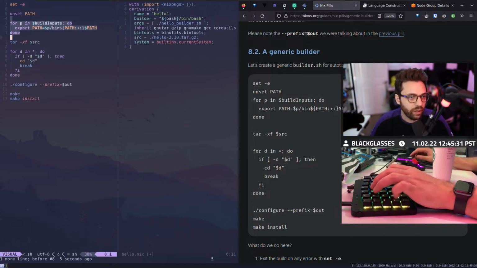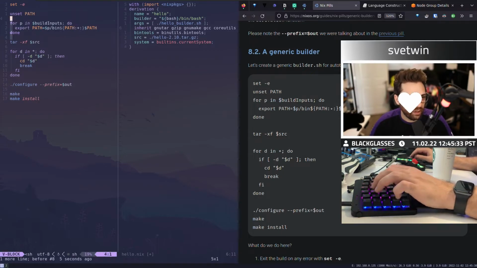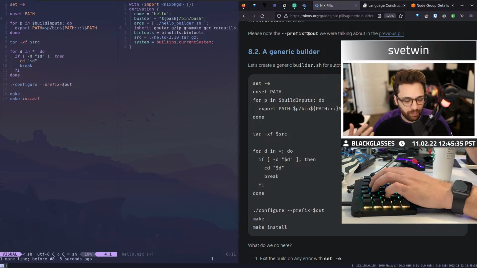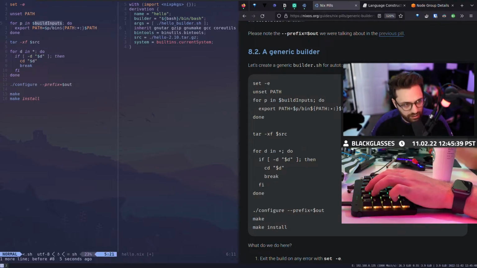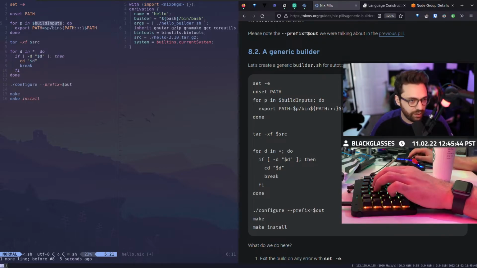Because now in our shell environment, we're not just expecting a bunch of environment variables. We're saying this is a standardized way that we pass these paths to our shell environment, and it has to be in the build inputs value. If it's not, it won't work. And so once we've got our path set up, then we do something similar.